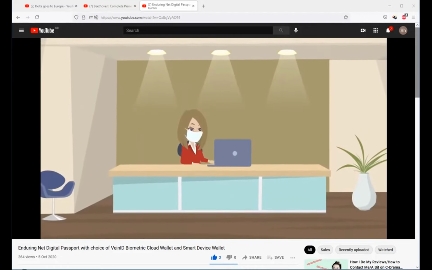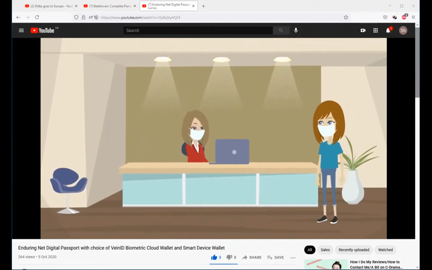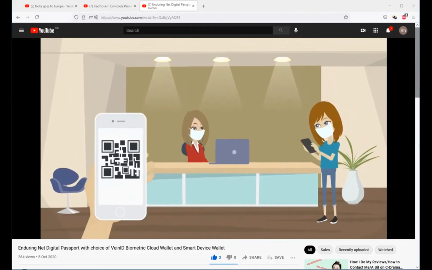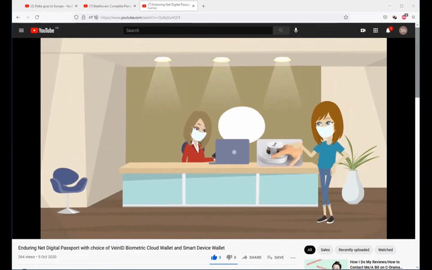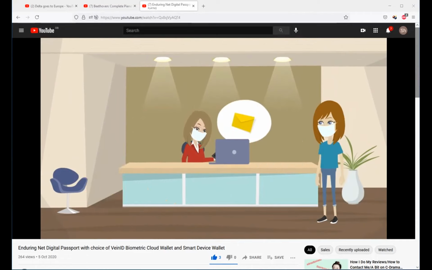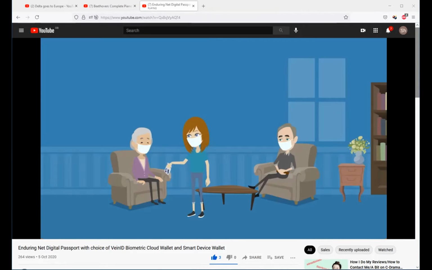Alice, our staff member, then comes to the care home reception to Jacinta, the care home receptionist, and wants to enter the facility to be able to work and help patients. She can choose to scan a QR code with her phone or simply to scan her finger with the biometric Vein ID scanner. Alice scans the finger and Jacinta gets immediate results that Alice is COVID negative. Alice can now go back to work and help the facility residents.